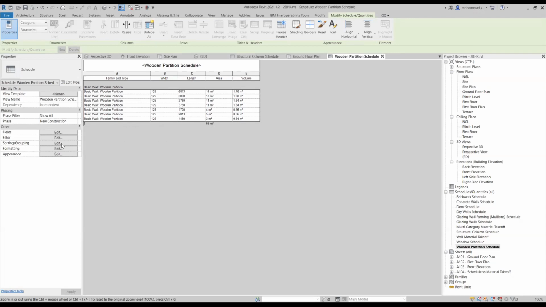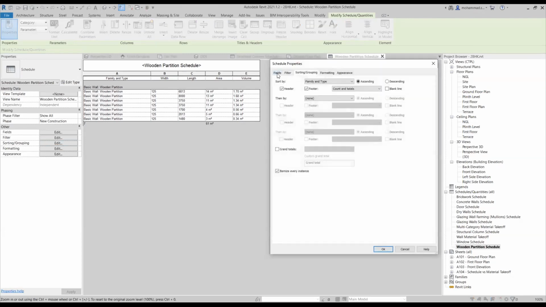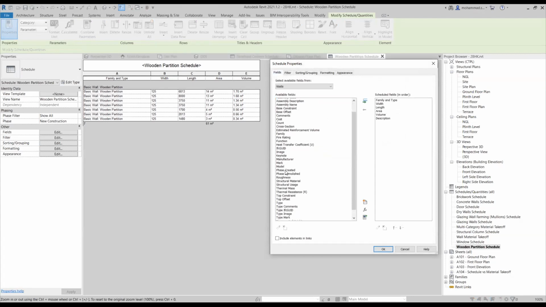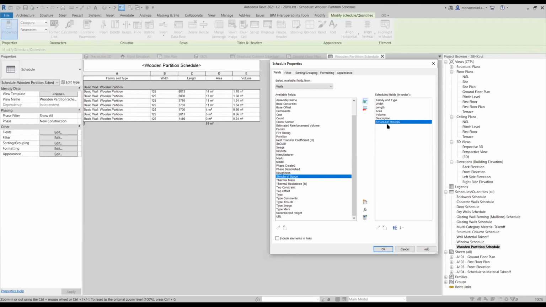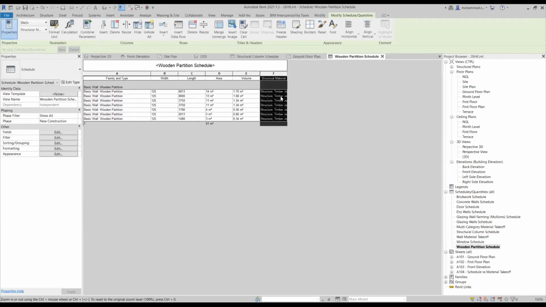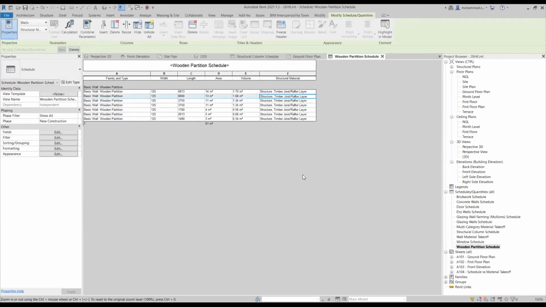For example, if I get back to sorting and grouping or maybe fields, I do not have any such option about material except structural material. I can only identify one material that is used for a structure in this schedule. I'm going to add this structural material in my fields. And if I accept this, as you can notice, only structural material is identified in this case.